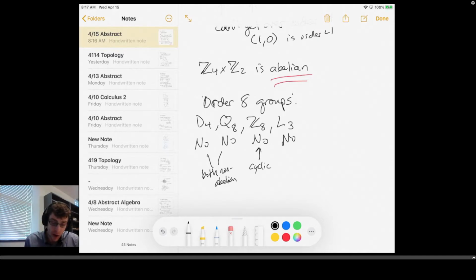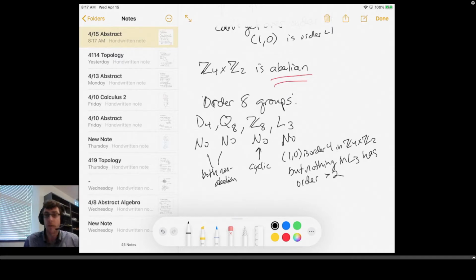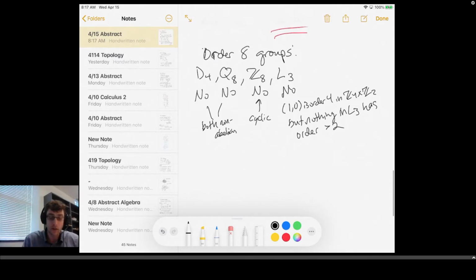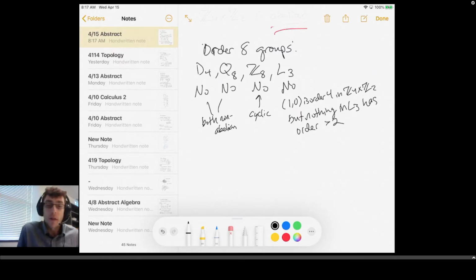So yeah, no, and the reason here is (1, 0) is order 4 in Z4 cross Z2, but nothing in L3 has order greater than 2. Right, because it's the light switch stuff. So like you're either on or off, and you either do it or you undo it. Everything was its own inverse, except the identity would be order 1, everything else is order 2. And yeah, as Tyler said,